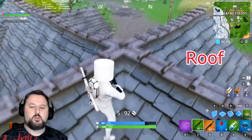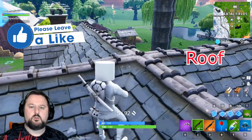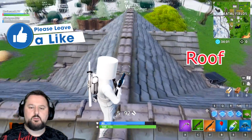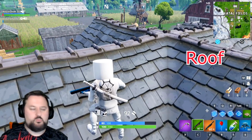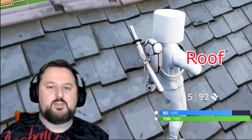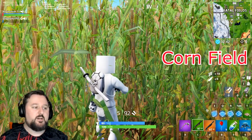So this is what it sounds like if they're below us. When you're up top here, you hear more of an echo. Then you hear more of a footstep, like the boot making contact. That just means they're very close. So if you hear this sound,